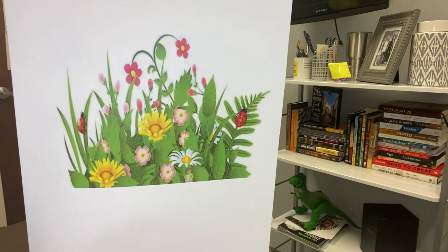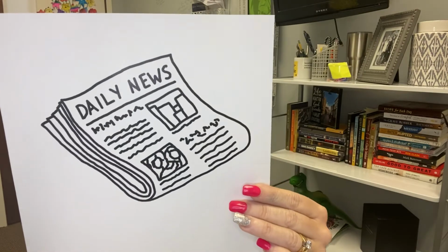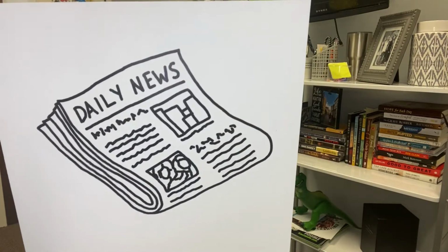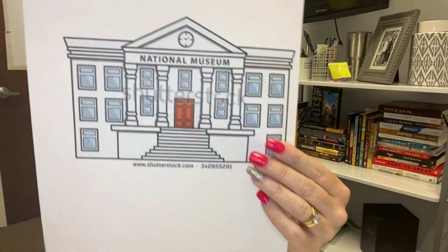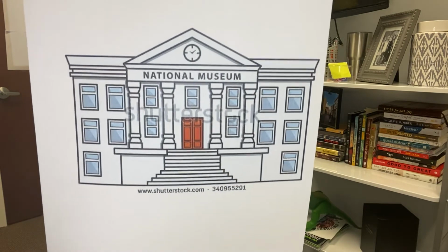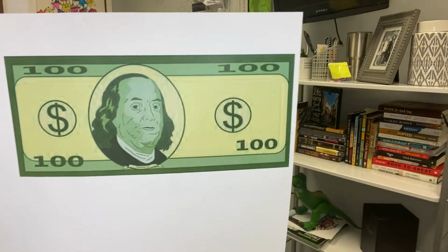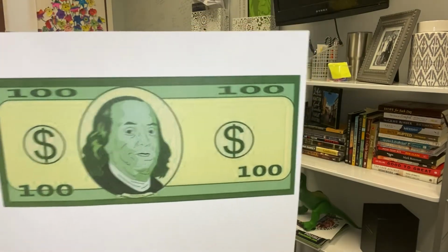Dr. Kennedy said that Nate should tell the whole world about the dinosaur and they should put it in the newspaper, because remember, Nate's dad writes the newspaper. Dr. Kennedy also talked to them about taking the dinosaur to the National Museum in Washington, D.C. He even said he would pay Nate $100 and money to take care of Uncle Beasley and to keep him